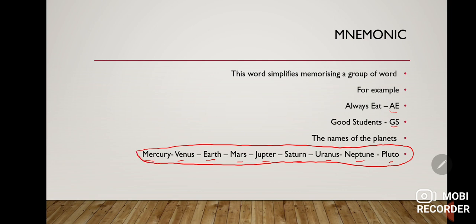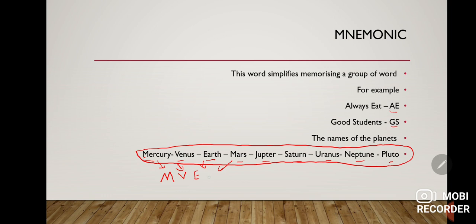What would we do? We take the beginning letter of each word. We write M from Mercury, V from Venus, E from Earth,